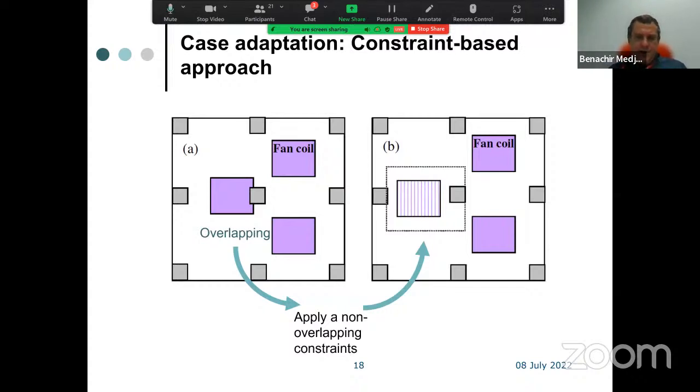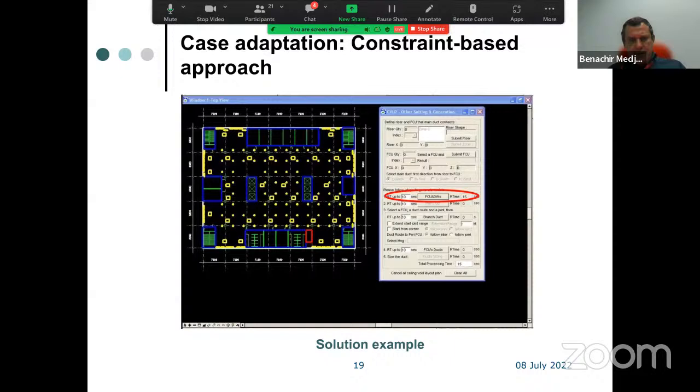That's the first stage. Then we can get, as I showed you before, the location of our fan coil systems with their diffusers within the ceiling void of the building, meeting all the technical requirements of the solution. And as we have worked with Biddle Air Systems in this project, we can export all the information to the supply chain. Basically, we know how many pieces of equipment we have, what type of equipment, what type of fan coil, etc. That could be very useful for the following processes. And this is an example of a first solution we can have.